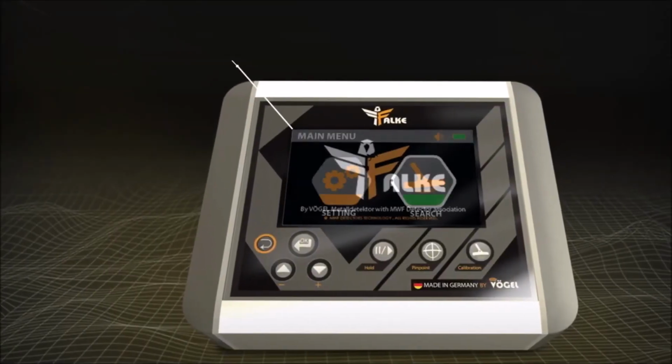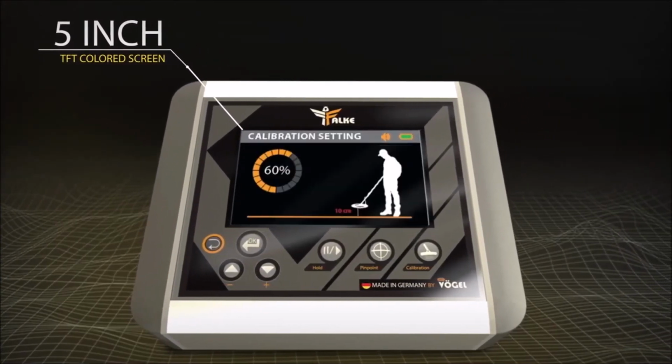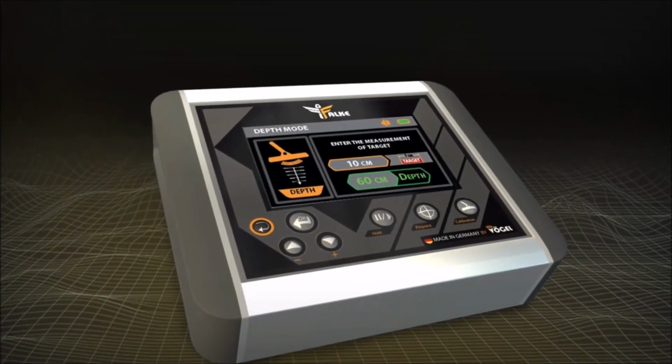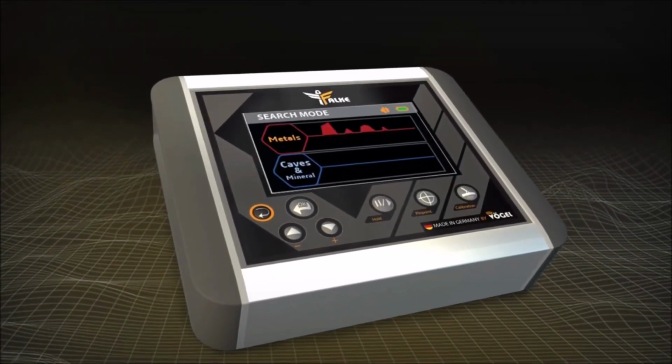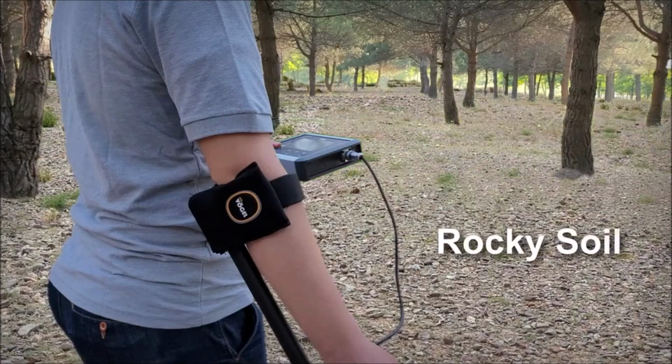Through the 5-inch screen, you can browse the systems and access the search options in an easy and fast way. It contains 4 different systems that give the user wide options in multiple ways to ensure the presence and type of the target. The device can adapt and calibrate accurately in all types of soils, even if they are rocky